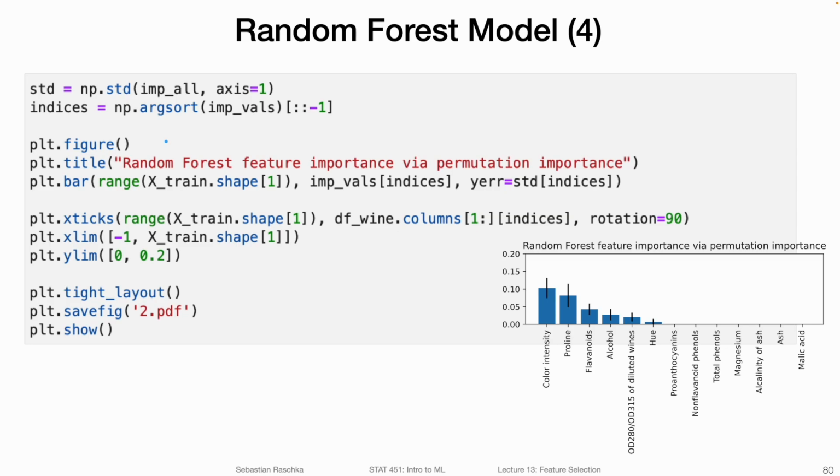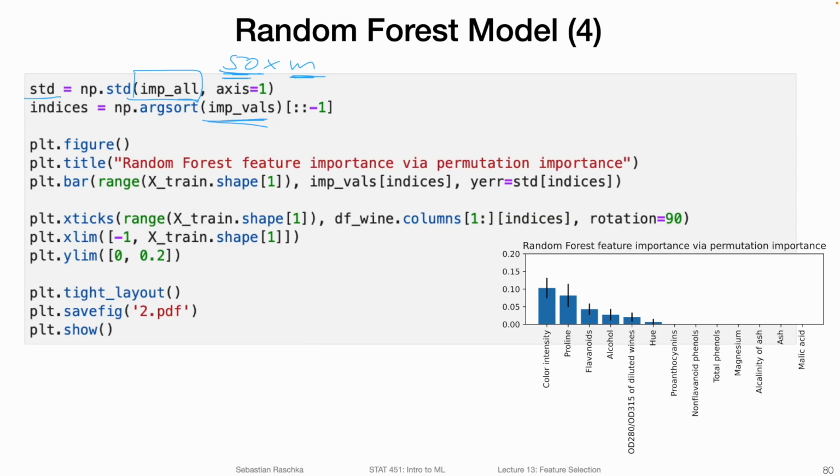And then we can plot the feature importances. There is the imp_all attribute and the imp_vals attribute that the function returned. These are all the importance values that are computed. When we have 50 repetitions, we have 50 times the number of features. Let's call the number of features m. We have 50 times m different values. Over these 50, we can then compute the standard deviation for each of the m features. This is what I'm doing here with std, computing the standard deviation over these 50 runs for each of the m features.